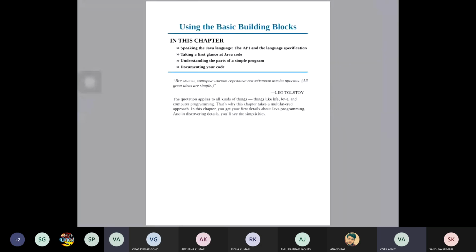Okay, that is about the basic building blocks of Java and how its API and everything works. These are some basic topics that you should know. It's like you're solving a physics numerical and you don't get how it works. You are just solving it. You don't know what is going on. So just understand how this code is running, how this system is working. Okay, and please read chapter 3 for tomorrow.